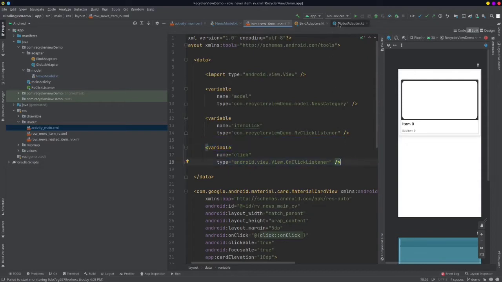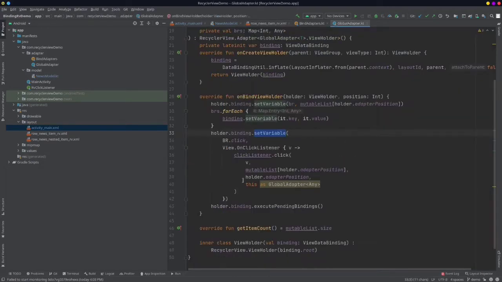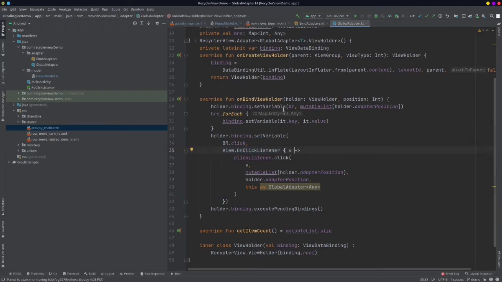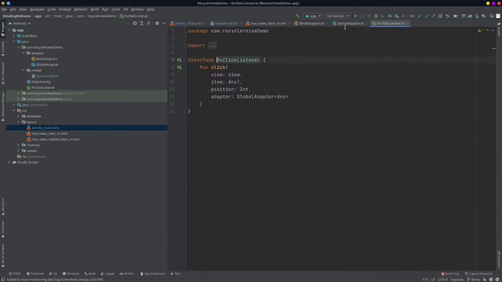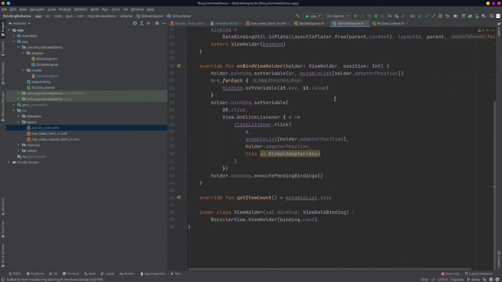So br.click, the same way, and then view.onClickListener, because this is a simple onClickListener of the view. Right. So to initialize our function, which is from our rv click listener interface. Yes, we'll talk about that shortly.